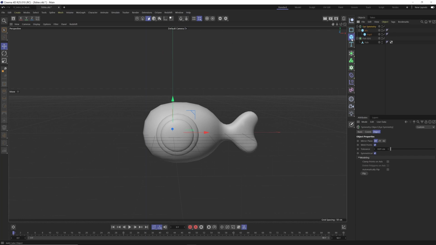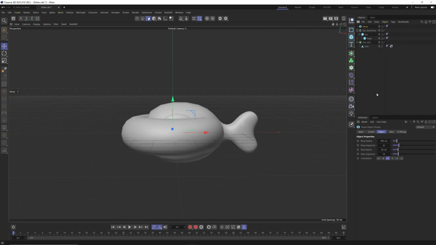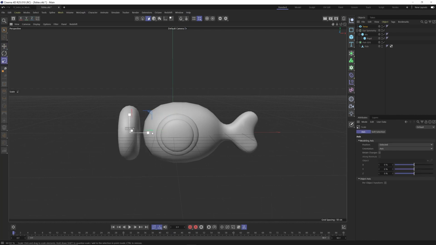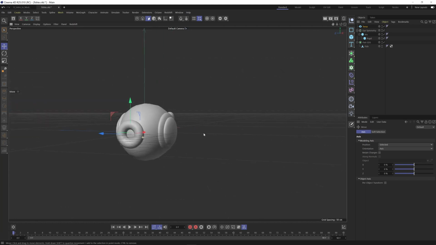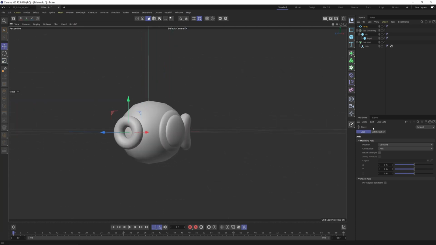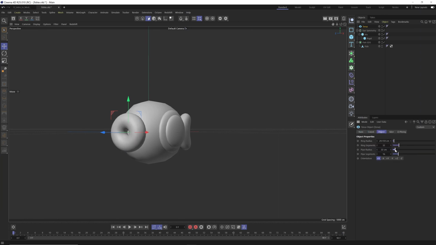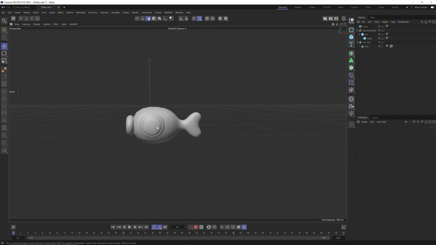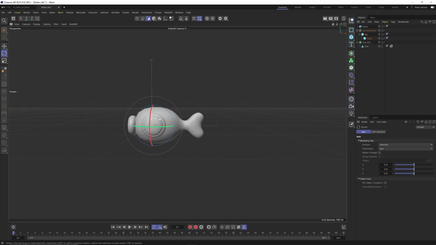And now let's add the mouth. And for the mouth, I'm just going to be super simple with this. Let's grab a torus and let's change the orientation to +X. And let's just kind of shrink this down. And there we got, let's call this a big mouth fish. Why not? Maybe it's very talkative, talks to our crab character a lot. And what we can do now is adjust the radius here if we want to do that. However thick you want your fishy lips to be. And there we go. We basically have our fish